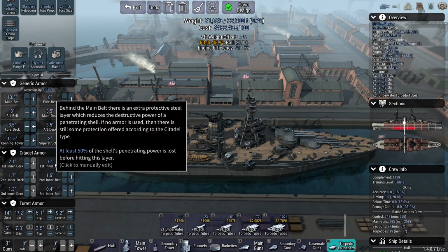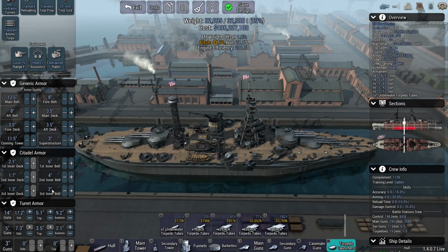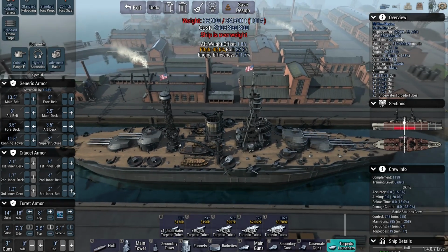Okay, belt we can still do. So I think that was 642 what we went with last. Turret face would have been 18 inches, and we'll give it 8 inches on top. Barbettes, I cannot remember what we had, and we're already overweight actually. So we will have to finagle there a little bit, but